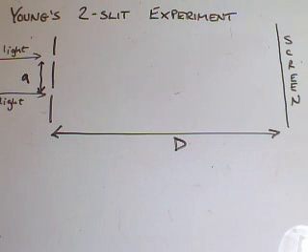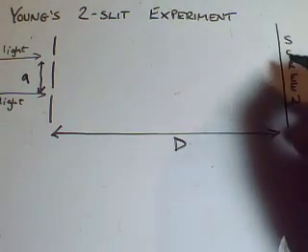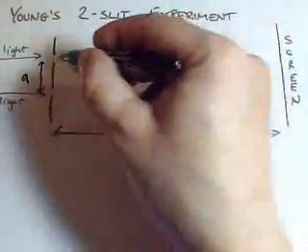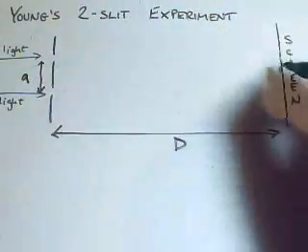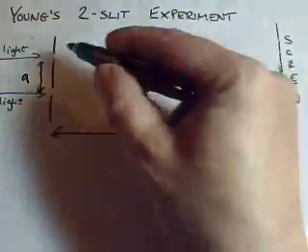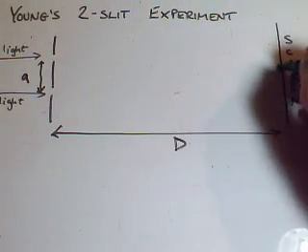Okay, let's talk about the formula that we get for Young's two-slit experiment and actually see where that formula comes from. So we've got light arising in phase at two slits, and we're calling the separation of the slits a, okay? And we know that at this screen, which is a distance d away, we'll get a pattern of fringes. And we know that bang in the middle, at the centre point, because the light from the two slits has got exactly the same distance to travel, they'll arrive in phase, so we'll have a bright fringe in